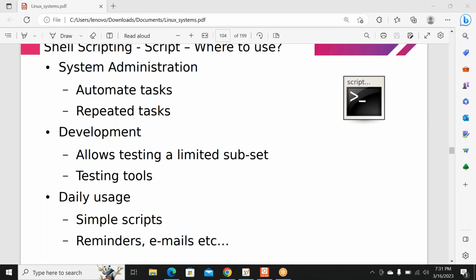Let me give you the criteria. Initially, it will be used in test automation. So what are the areas it is being used in? Now we'll start one by one. For example,